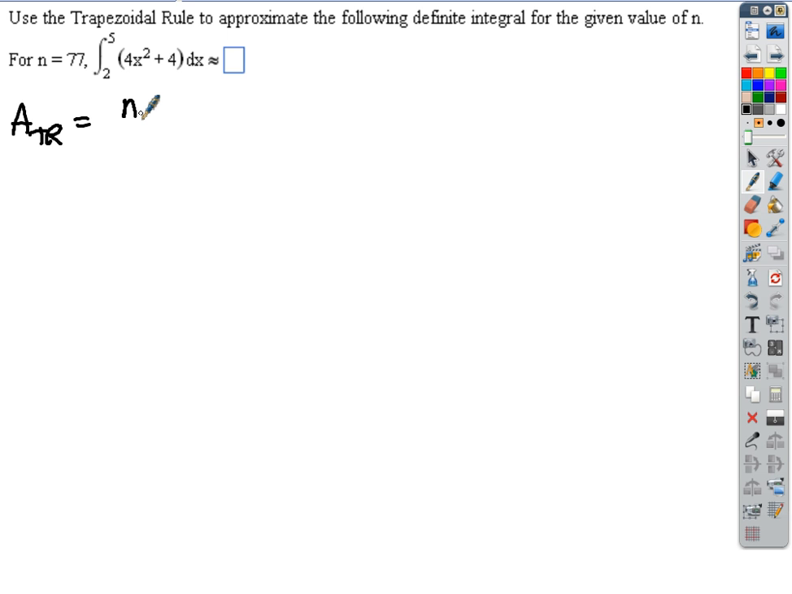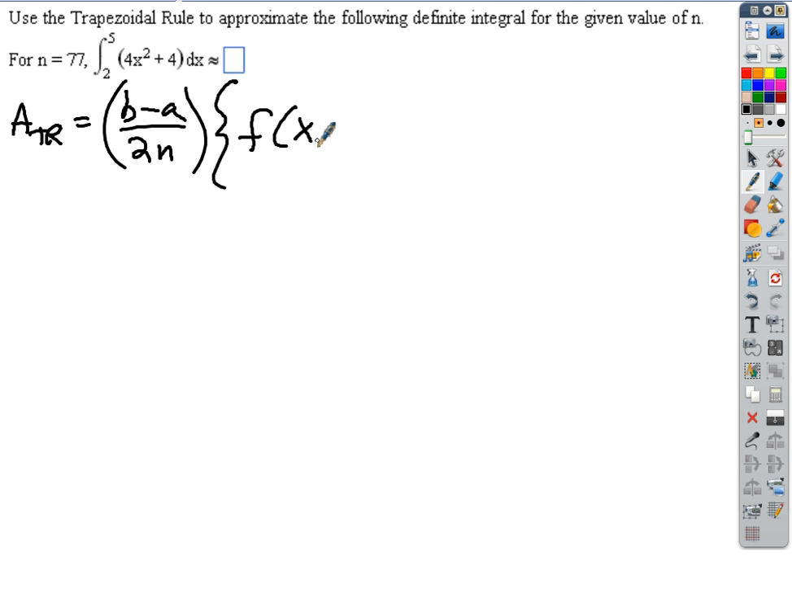So what is that? B minus A over 2n. A sub TR, what is that? Trapezoidal rule. So B minus A over 2n is the multiplier. And then remember that we had f of A. I always call it f of A, but we can either call it f of x sub 0, which is the same thing as A, plus f of x sub n, which is the same thing as B,